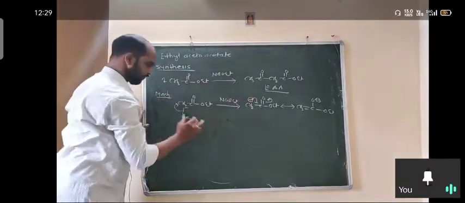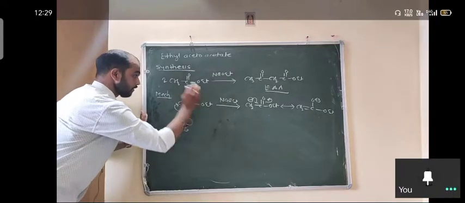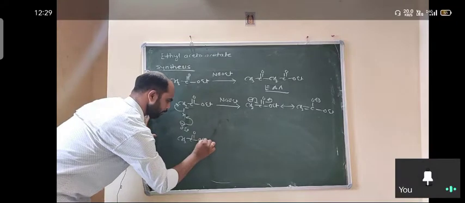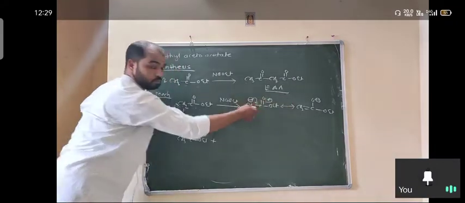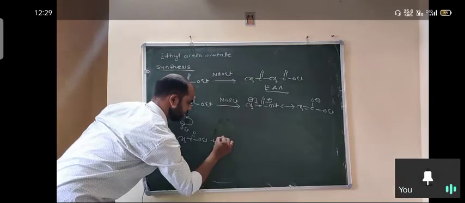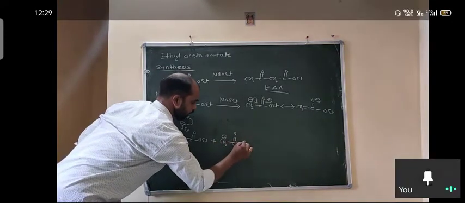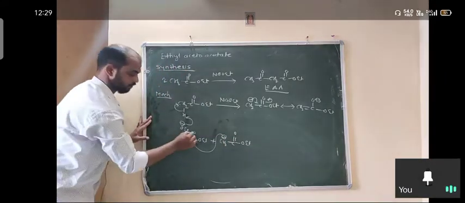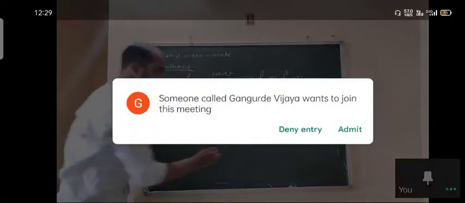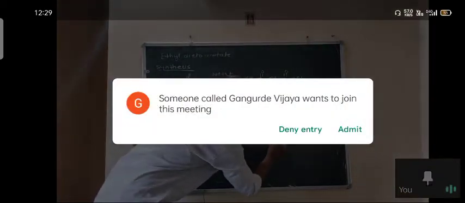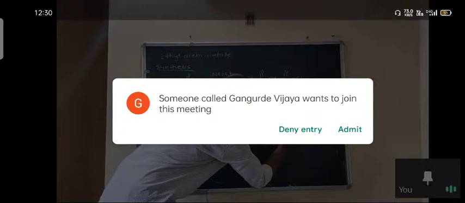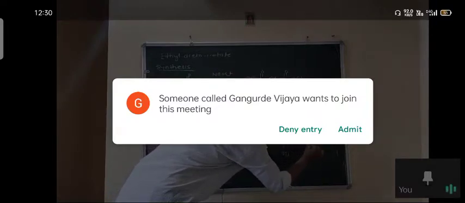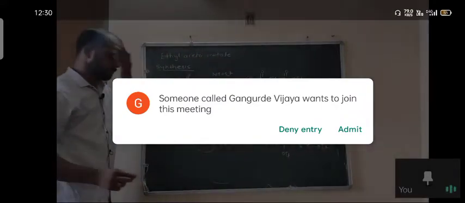After finishing this first step, what is the second step? Take a second molecule, CH3 C double bond OEt, plus you can use one of these forms. Suppose you use here CH2 minus C double bond OEt, the negative charge will attack the carbonyl carbon. Here there is delocalization. When there is delocalization, after this we get this one, with OEt, CH2 C double bond OEt.